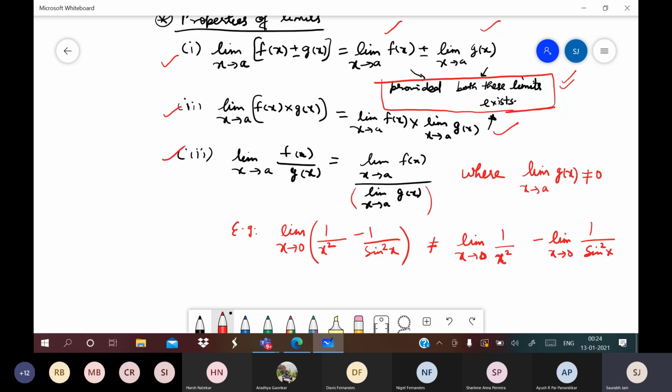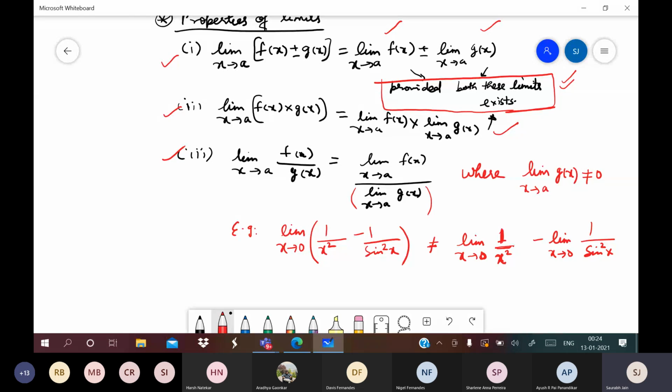x tends to 0 means x square tends to 0, whether you find LHL or RHL. So this x square will be tending to 0, and as a result 1 upon something tending to 0 will be tending to infinity. If you remember, when we were discussing the limit of a function at a point, we studied that LHL equals RHL equals a finite quantity. So if you try to find either LHL or RHL of the term 1 by x square, both of them will come out equal to infinity. That means not a finite value, which means the limit does not exist. So now come back to the first property.